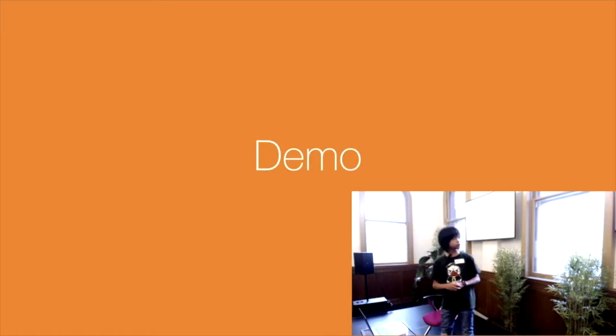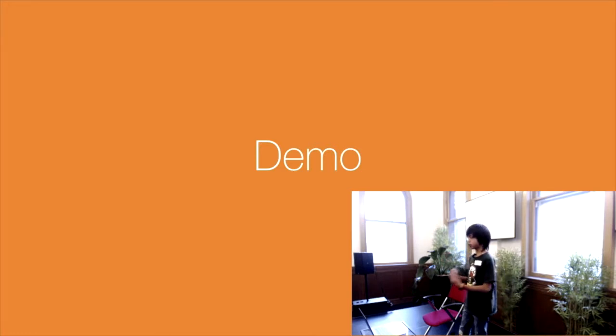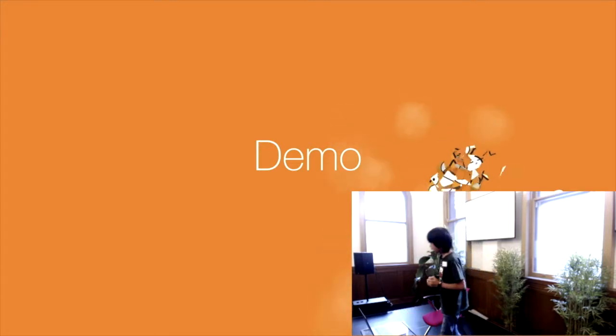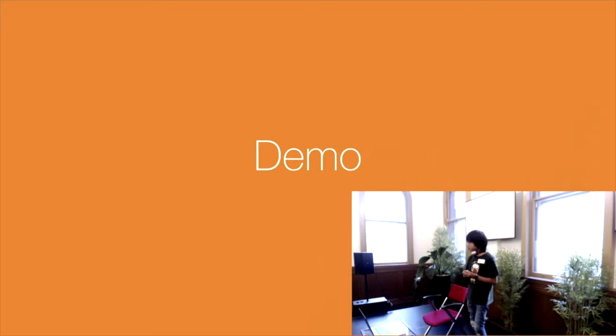Anyways, let's do a demo. So I'm going to show you guys around Reality Composer and RealityKit. And just a quick disclaimer, I'm not a professional, so my code may not be as efficient or clean, but at least it works. Anyways, we're going to make a simple Animoji using face tracking. And let's start by opening Scratch. Actually, I'm just kidding. I'm not going to use Scratch. It's a good program, but I'm not really an expert. And anyways, we're here for Xcode,